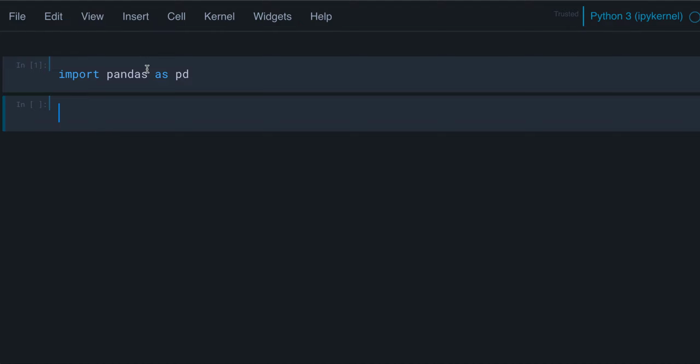Alright, so we're going to look at a particular example of how we can take some messy JSON data and clean it in one line of Pandas code so that it's ready for analysis and we can do further pre-processing with it. So what I'm going to do is read in a JSON file,